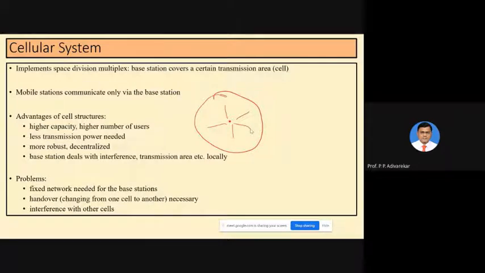For example, if I draw a small area here, and in the center of this small area we have an antenna. We have to transmit only in a particular direction so that users within the region will be able to communicate. Maybe if I use a directional antenna, the direction will be this, or this, or any other direction it may have.